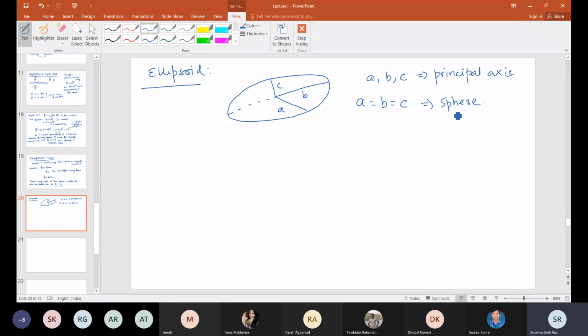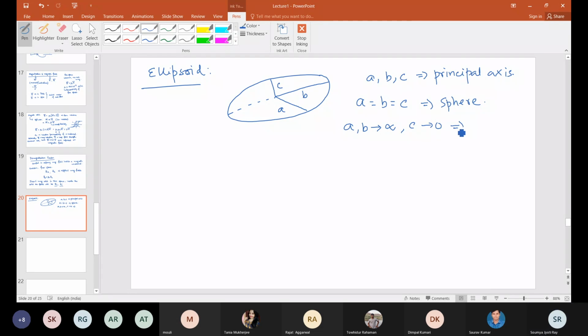If A and B go to infinity, and C goes to 0, then what will it be?